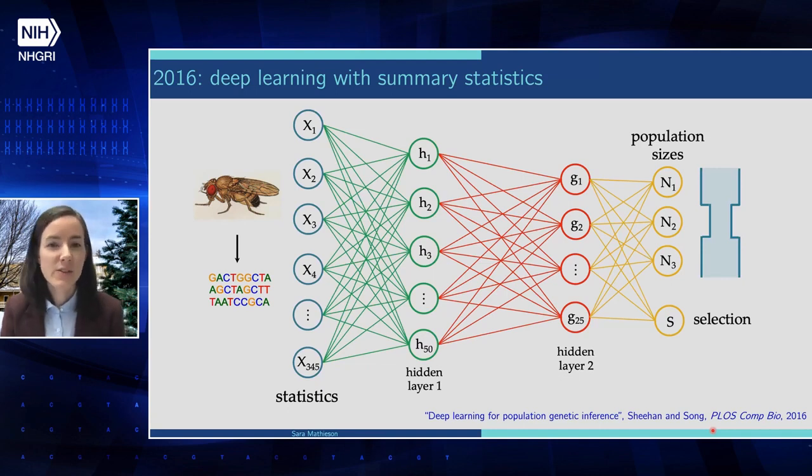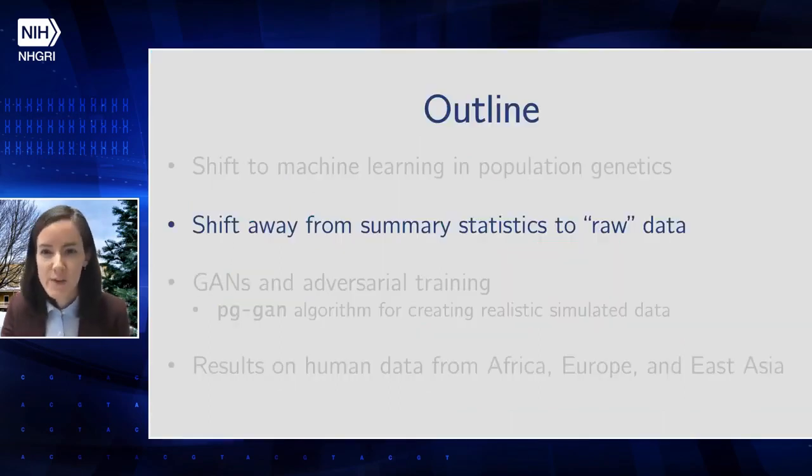So I think there was a lot of activity in machine learning around this time, but one of the drawbacks was that it still relied on these summary statistics. And so then there was a second shift away from summary statistics toward trying to use this raw data. And part of my motivation for moving away from summary statistics was actually to not have to change them for every application and not have to think about inventing new ones for every single new problem that I'm interested in.